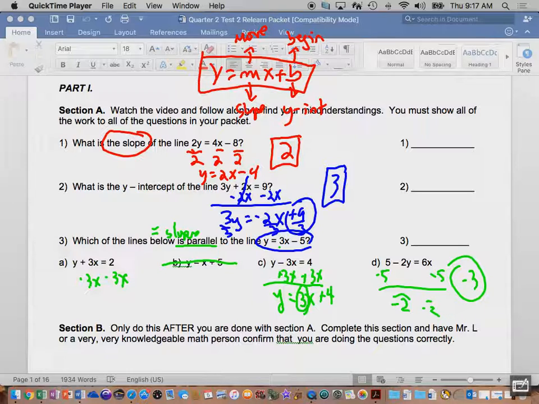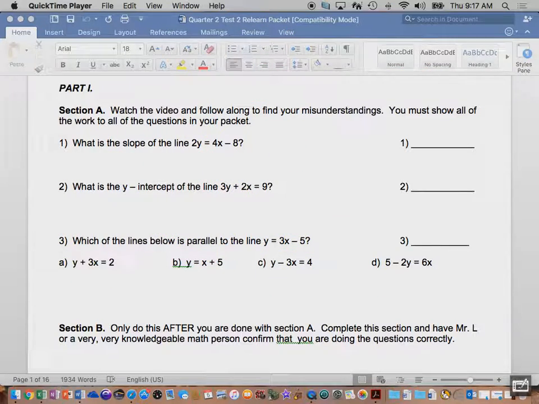All right, so we just finished part 1, section A, all about slopes and y-intercepts. Remember, the key guiding template format principle that we work on throughout this is y equals mx plus b, and whether it be in the first one, or the second one, or the third one, what we're really getting at is, do you know how to get it into y equals mx plus b form? Once you do that, you'll be able to get it all right. All right, so now we go to our next